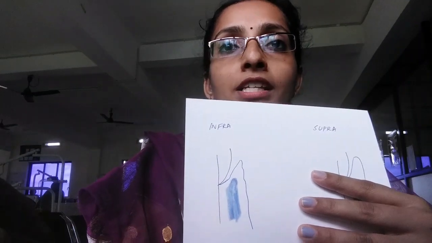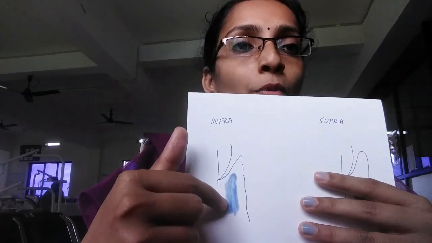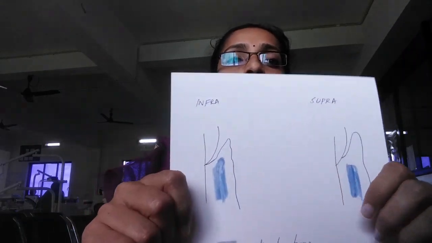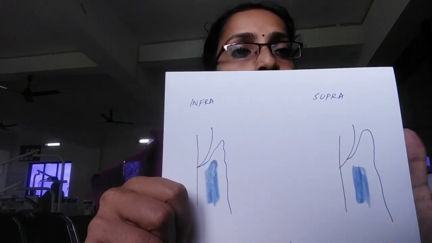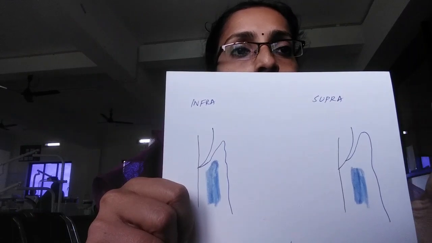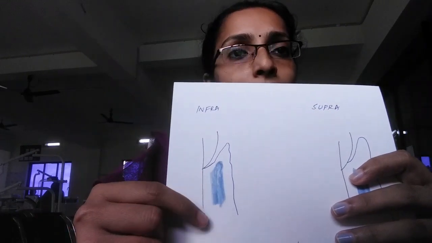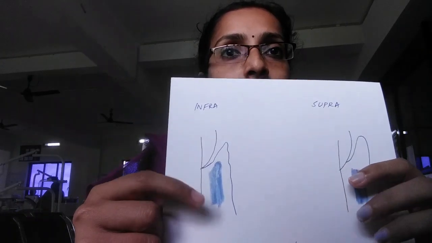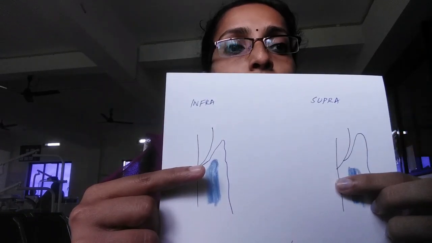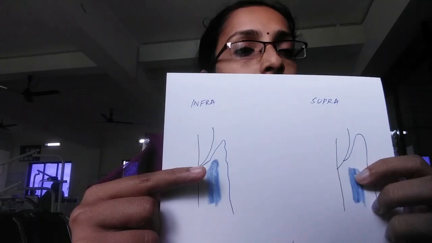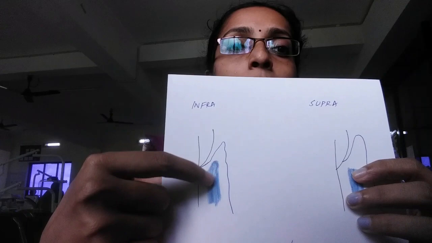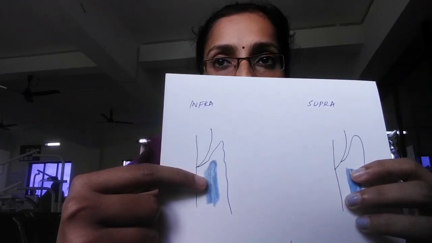Okay, so thus it becomes your infrabony pocket. Now the difference between suprabony pocket and infrabony pocket is very important. One, the base of the pocket is coronal in supra, the base of the pocket is apical in infra. Okay. Now bone destruction pattern in suprabony pocket, most of the time it will be horizontal type of bone destruction, whereas in infrabony pocket it will mostly be angular type of bone resorption.